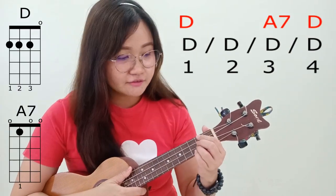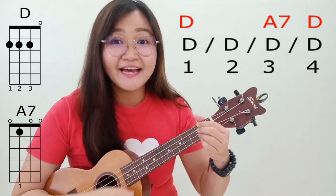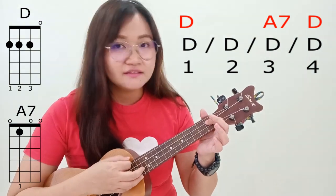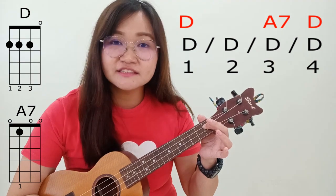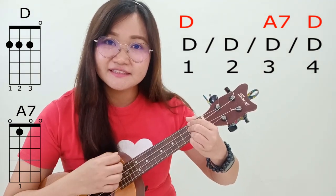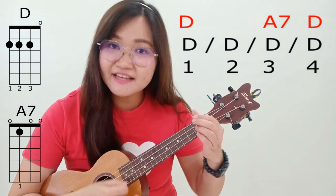For beginners, we will only use down strum, and it goes like this. We will use the count 1 and 2 and 3 and 4. So for the first two strums, we will use D, 1 and 2, and switch to A7, and 3, and switch to D, 4, D, and A7, and D,